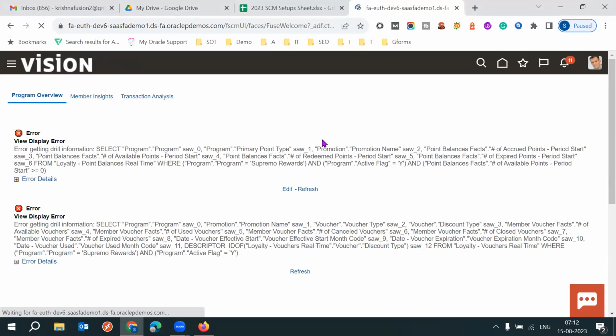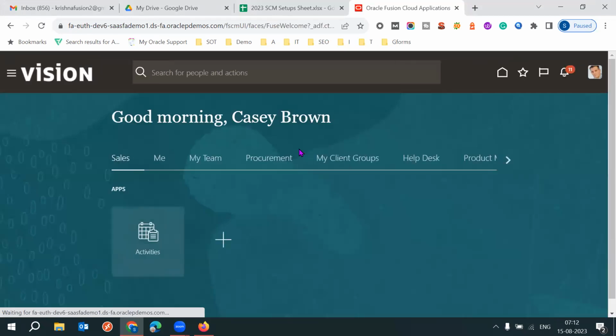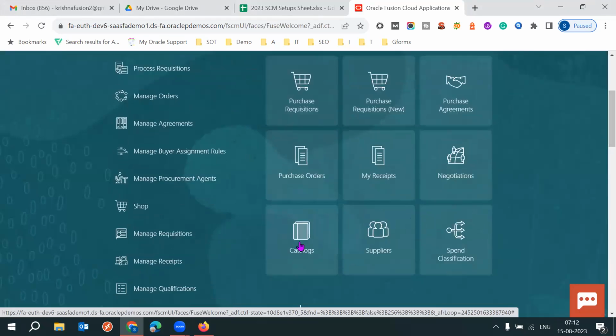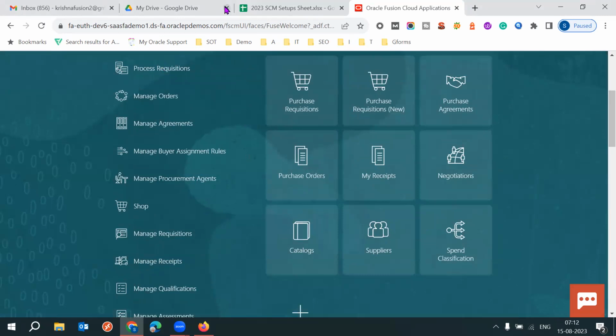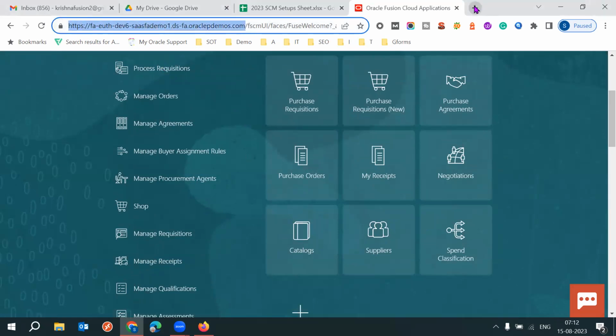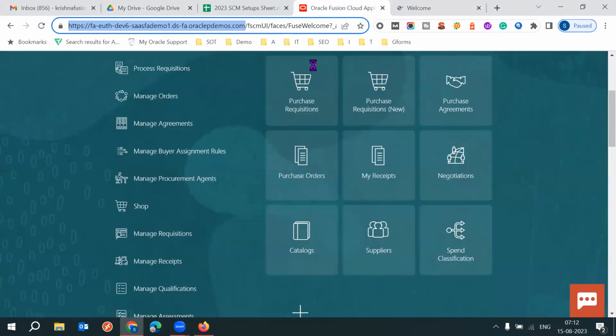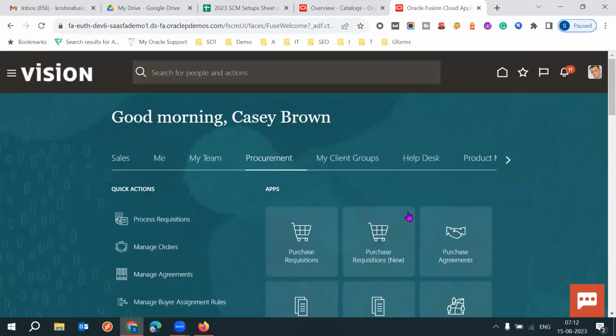Okay, so from the procurement, I will navigate to the catalog. And currently in the demo application, I think two or three punchout catalogs are available. One is Amazon and another one is CDW. So here, if I go to the purchase requisition screen,